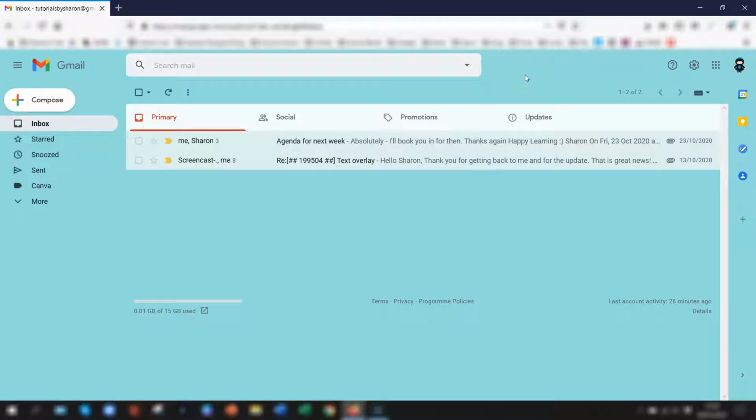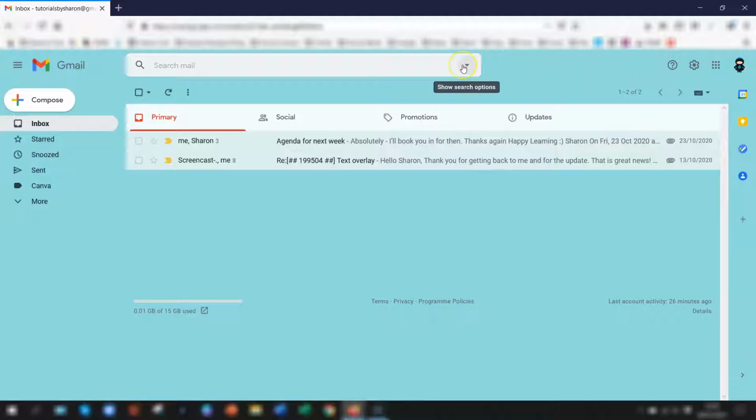In Gmail you have the ability to create templates, which come in really handy if you find yourself typing the same kind of emails over and over again. So Gmail has made it really easy to create a new template that you can use repeatedly, and in this tutorial I'm going to show you how to create a new one, how to make changes to an existing one, and how to delete it if you don't need it anymore.